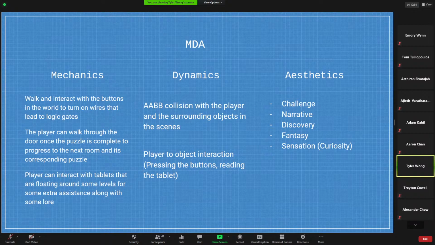And for the aesthetics, our game is focused around challenge and narrative, being the logic gate puzzles, as well as the lore that we're trying to weave into the game itself. The player can also experience discovery and fantasy, pertaining to our sci-fi theme, as well as the curiosity sensation involving the